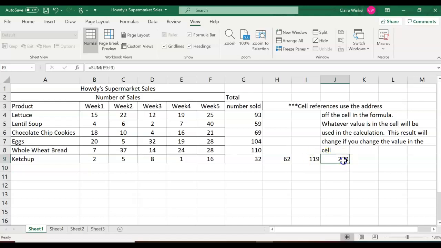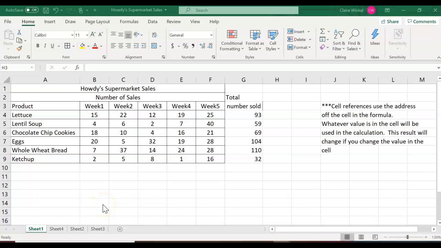These numbers don't actually mean anything though, so we're just going to delete them. So that is our total number sold for each product. Suppose I want to know the average number of lettuce heads sold, or the average number of lentil soup cans sold per week. In that case, I can give it a header of the word average, and now I can